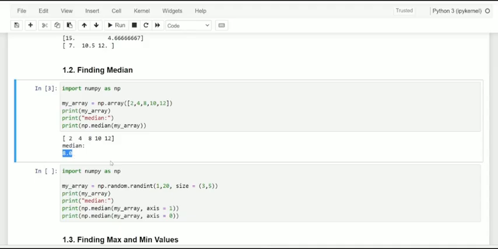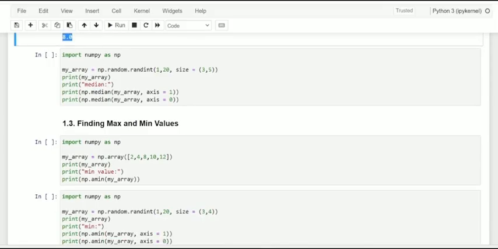And of course, the next one, we are just going to identify for a 2-dimensional type of array. Okay, and here it is just going to have random numbers between 1 to 20, and the exact size of that array is 3 into 5.